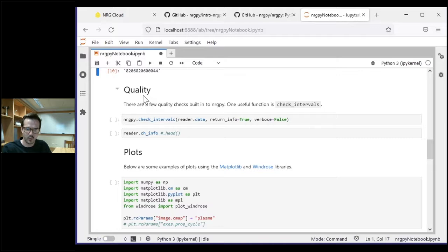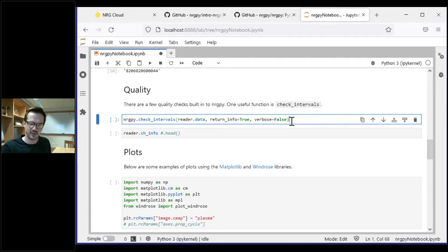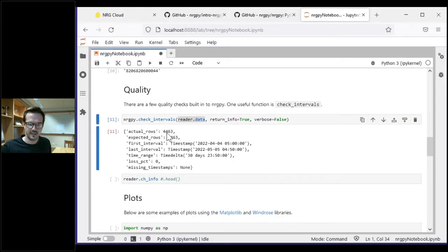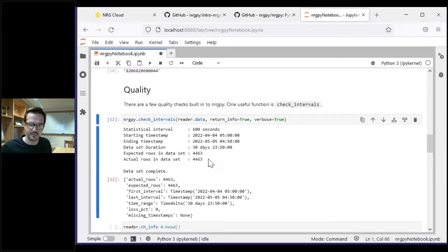Down here under quality, there's some built-in functions that check quality of the data. So I'm going to run this nrgpy check intervals function on the data frame, which is a part of the reader. And I can see that it was expecting 4,463 rows, and it got them all. So there's no missing timestamps. This is a dictionary that it returned that gives me some information on the timestamps. If I change this verbose to true, it does a nice printout of it to show me the starting interval and